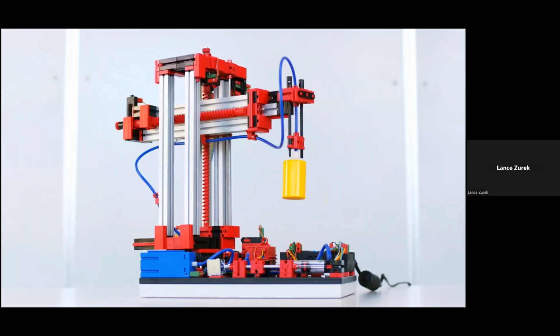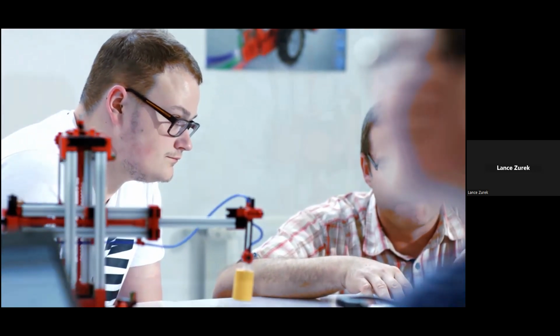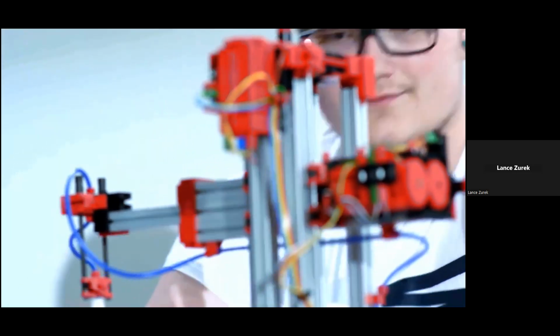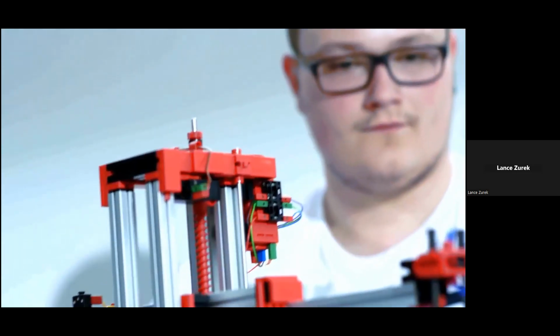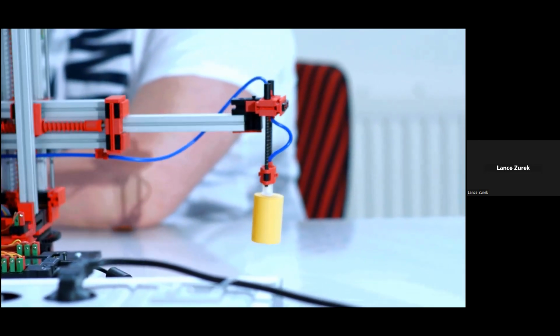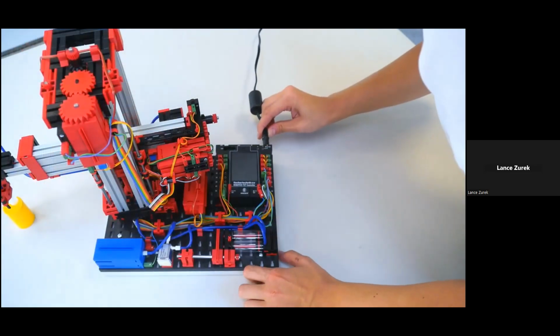This model includes 3 encoder motors, 3 push-button limit switches, a vacuum suction device, a compressor, and a solenoid valve. The dimensions on this model are approximately 9 by 19 by 15 inches, and it has a weight of 7 pounds. The 24-volt version of this model, as well as all of the 24-volt models we're going to look at